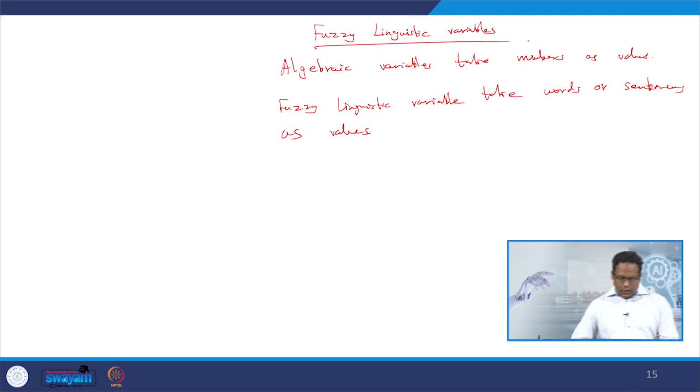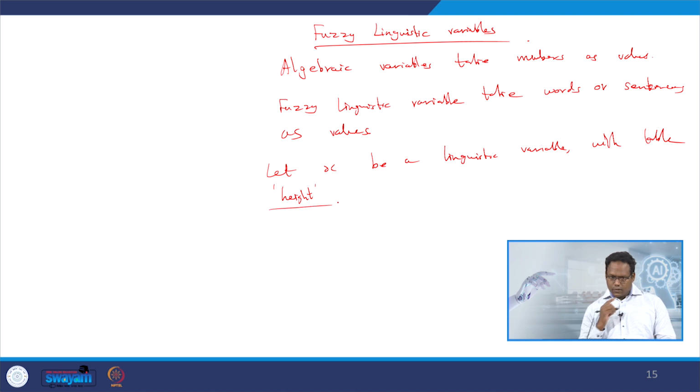Okay. So, now let x be a linguistic variable with label height. X be a linguistic variable with label height, which means x is a linguistic variable which is mentioning or representing height as a label. The fuzzy set